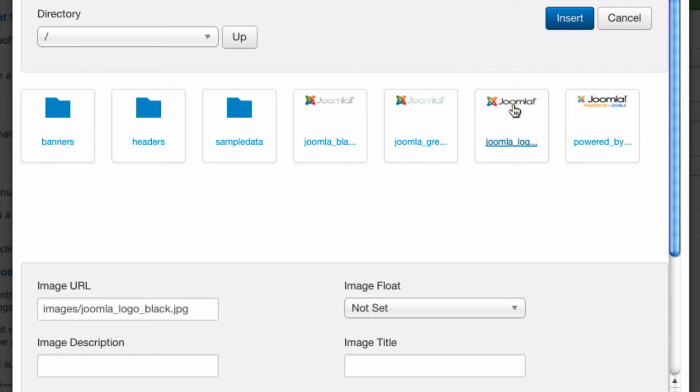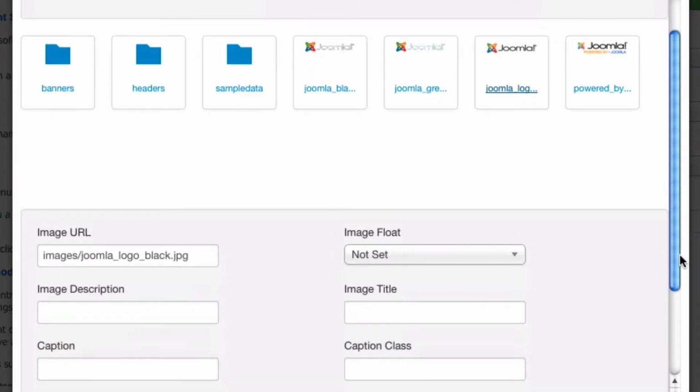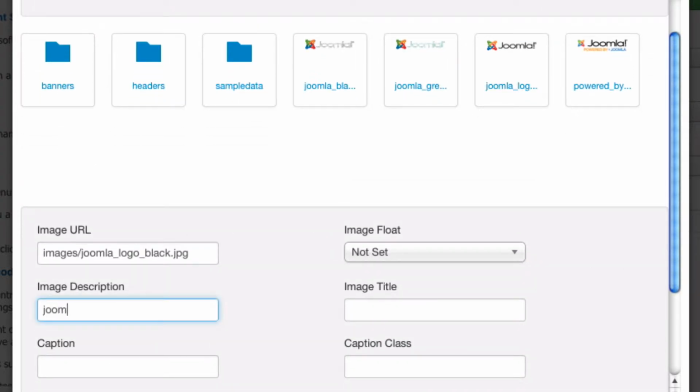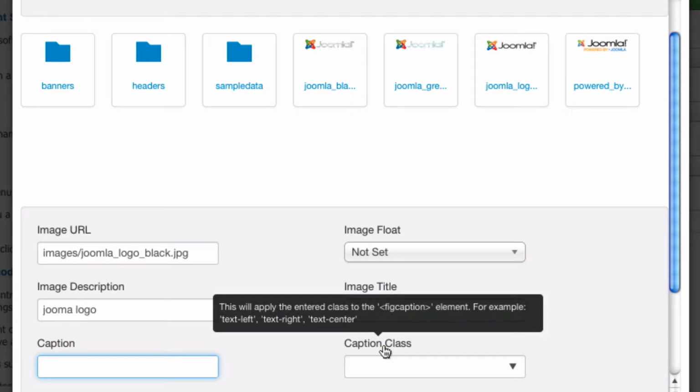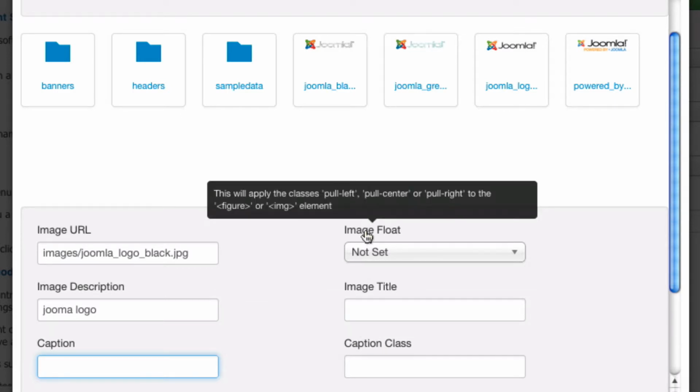Make sure that this image URL text field includes the words images/Joomla_logo_black.jpg. Be sure to always add an image description, which will add an alt tag to the image, which the search engines will use to help visitors find your site. We won't need a caption. If you did, however, you could add a caption class. Notice that if you also roll over each of the labels, it tells you what each does. This will apply the entered class into the figcaption element, image float, and so on. When you're done, press the Insert button,